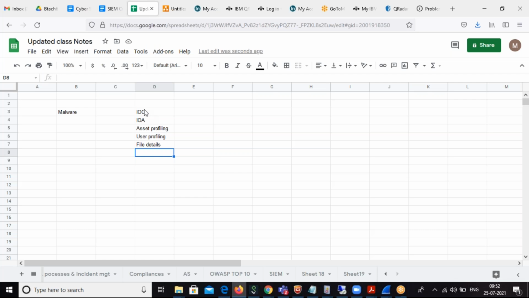IOC means indicator of compromise. So who is going to be compromised in this scenario? My system, my laptop IP address. For example, my username is bdgn3, whatever, xxxx. That is my user, the indicator of compromise meaning here. So we have to gather the details like